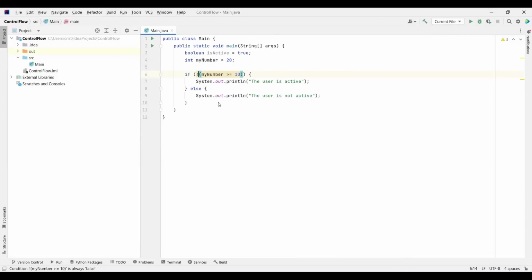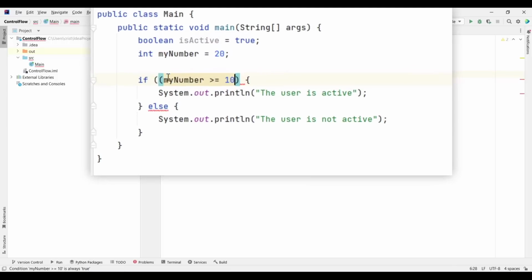Now it's time to look at the logical AND and the logical OR operator, but first let me show you the less than or equal to operator. So I will delete the logical NOT operator from here, and I will delete the parentheses around the expression. And I will change now the value here to 9 for my number variable, and now I'm gonna change the operator here to less than or equal to.